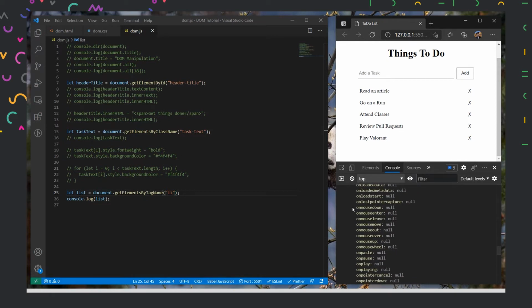All right. So in this, we have learned three methods now: get element by ID, get element by class name, and get elements by tag name. But let's say we need a unified way to access all of them. For that, we have something called query selector.